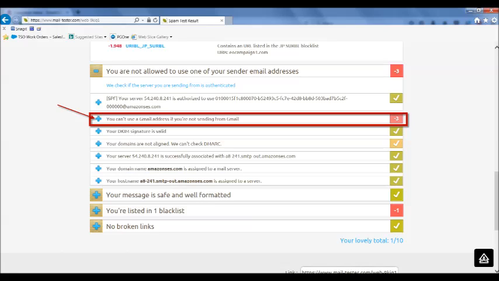Again, it's not that expensive. If you're talking about a domain name, less than $20 a year, and a mailbox for the domain name, probably less than $10, but let's just say it's $30, which is probably not even going to be that high. But let's say it is $30 for the year. That's less than $3 a month to be able to ensure that your emails get to your person's inbox versus